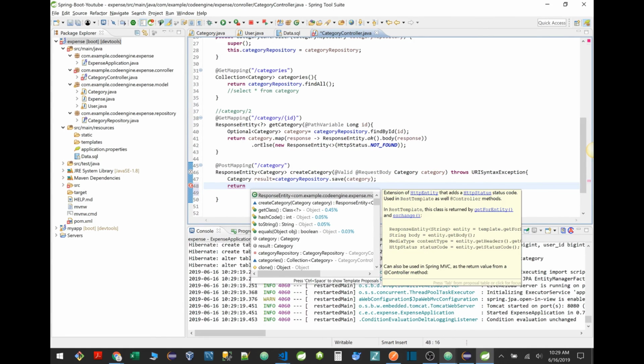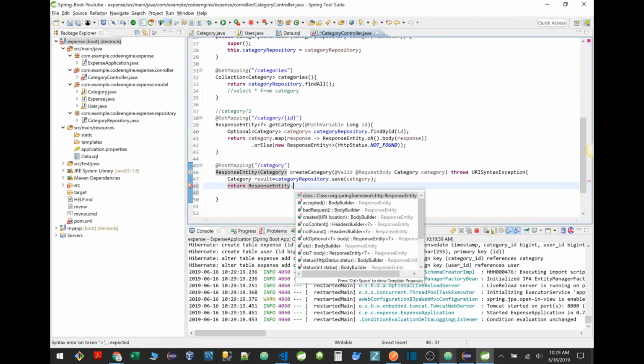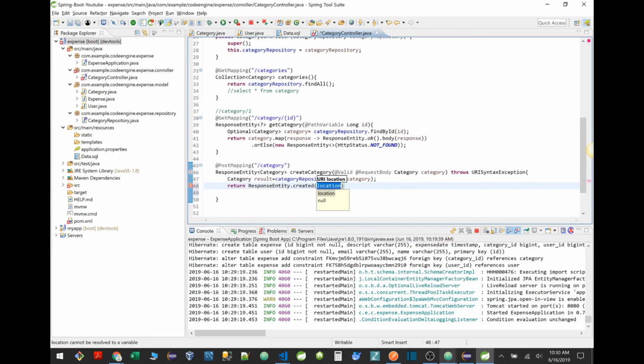And at the end, of course, we're going to send what back? We already know. We're going to send the response entity, and we're going to craft this. And it says, what's the URL? We know the URL. It's going to basically be new URI, and our new URI is going to be basically /API. We know that. /category, right? We know that. This is the part that doesn't change. And then it's going to be the